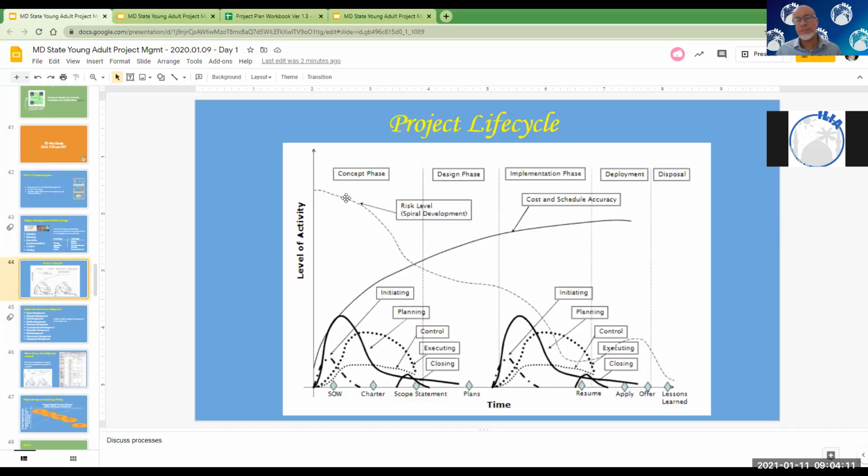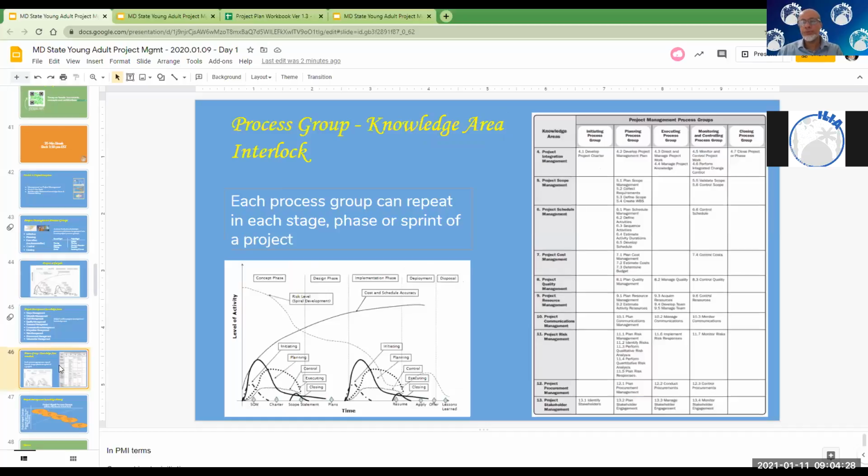We also discussed how the level of risk drops as you move on with your project work, as you can see in this dotted line. And that's because projects are progressive, meaning you learn more as you do more work and you get more clarity into things. And then we jumped into, after talking about the 5 process groups that are up here, we talked about the different knowledge areas.